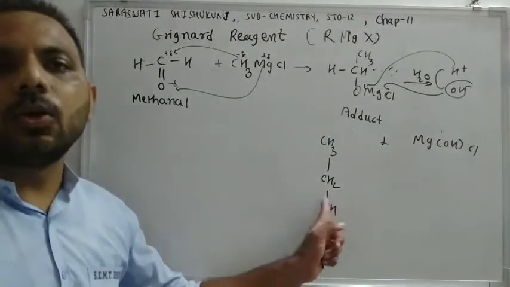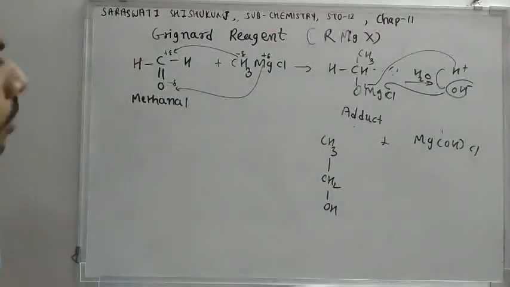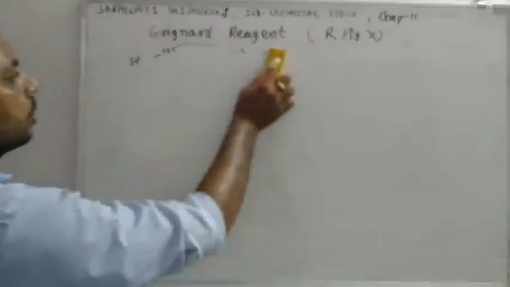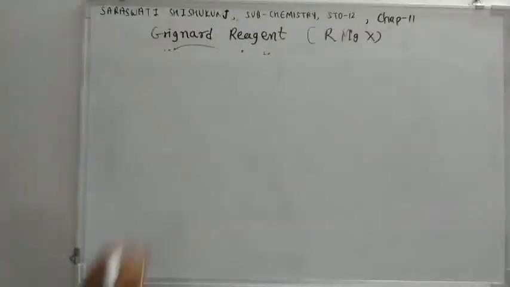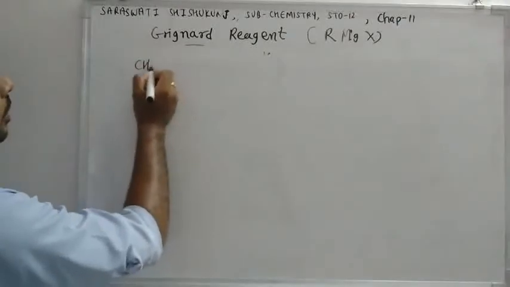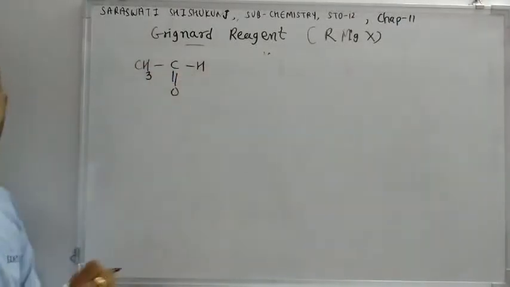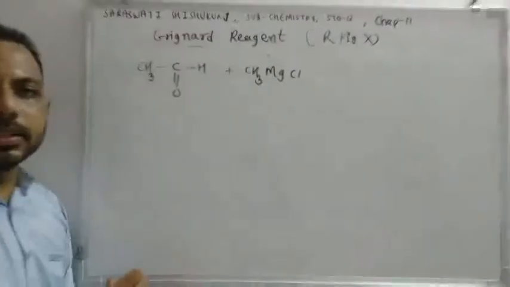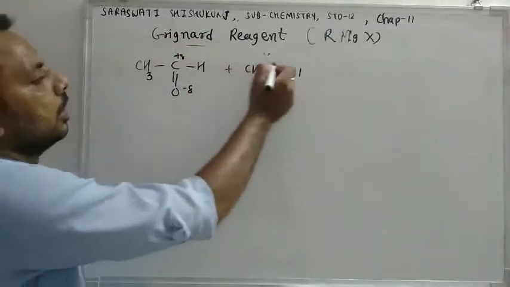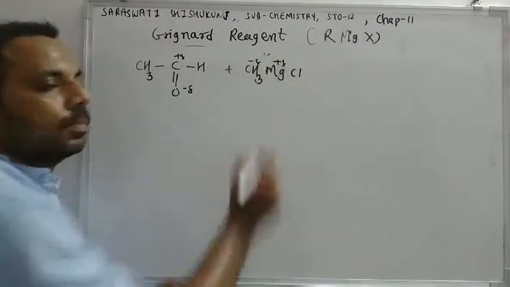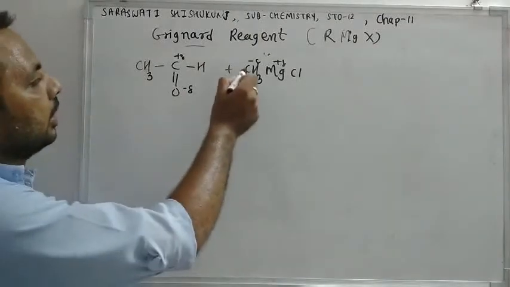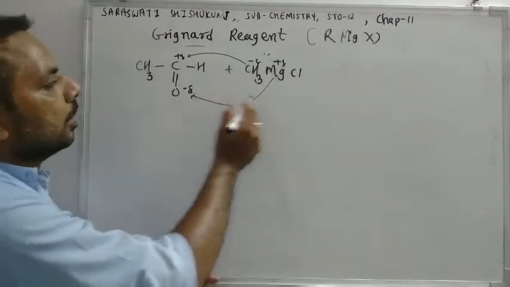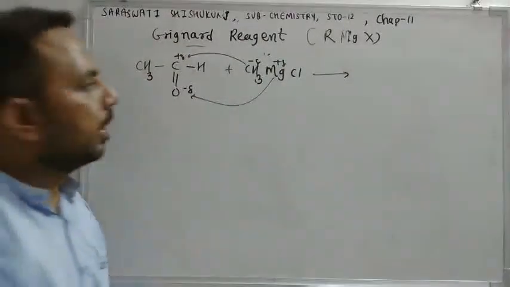Methanol reacts with Grignard reagent and the final product is alcohol, but primary alcohol. Now what about ethanol? What is the product when ethanol reacts with Grignard reagent? Ethanol is like this, CH3CHO, and Grignard reagent is CH3MgCl. Again, this is minus, this is plus. CH3 is attracted by the carbon which has a positive charge, and O minus will attract Mg. So the first product is the adduct, the intermediate product.